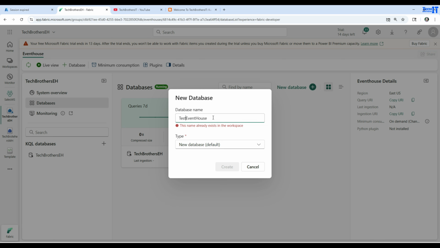So it is saying it is already there, so fine, I will say demo at the end. And it's a new database default, yes. Okay, so now we are going to have two databases, TechBrothers Event House, and then we have Test Event